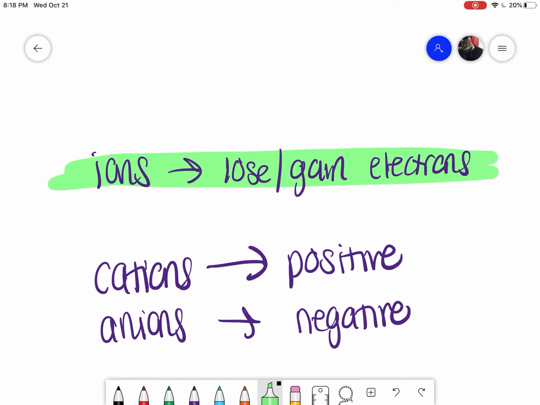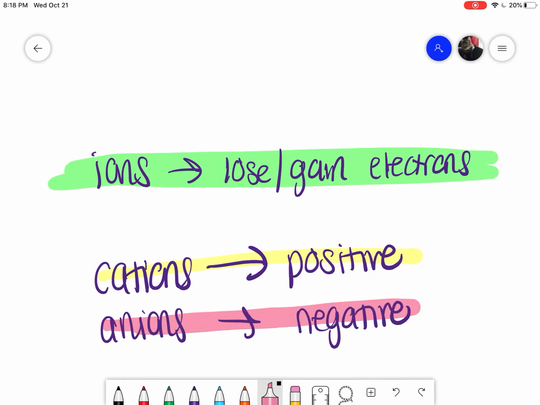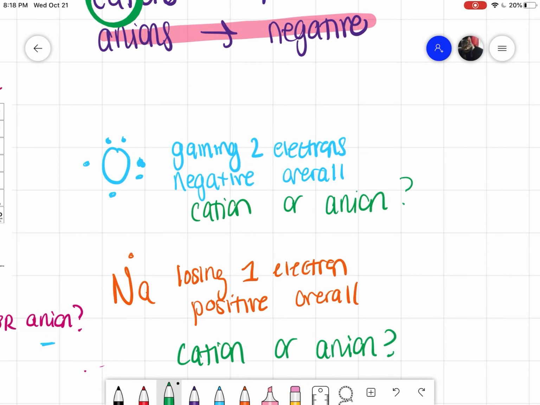And so cations are positive and anions are negative. You can remember cations because it has the word cat in it, and cats have paws, and cations are positive. And so looking back at our two examples,